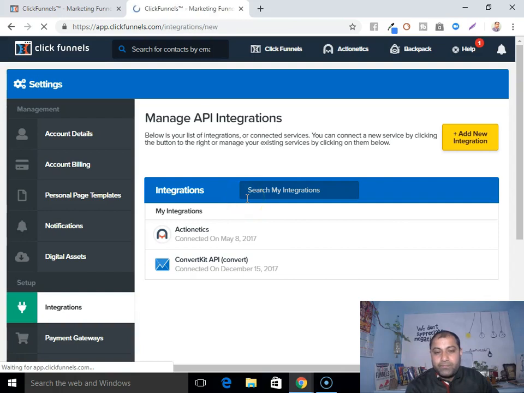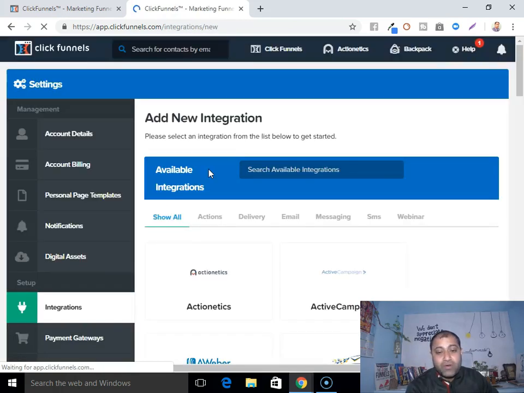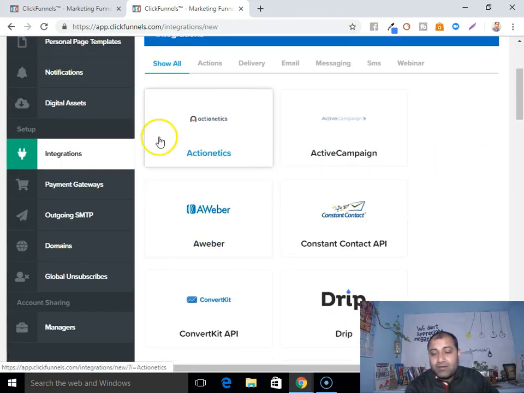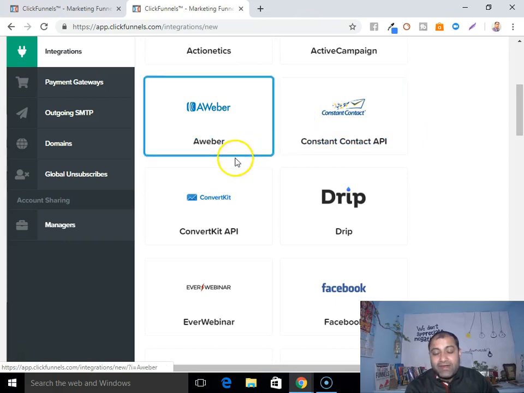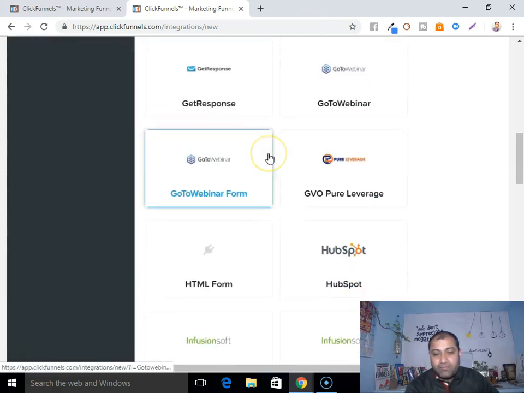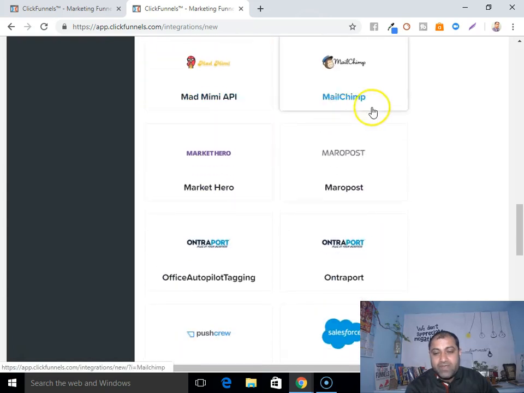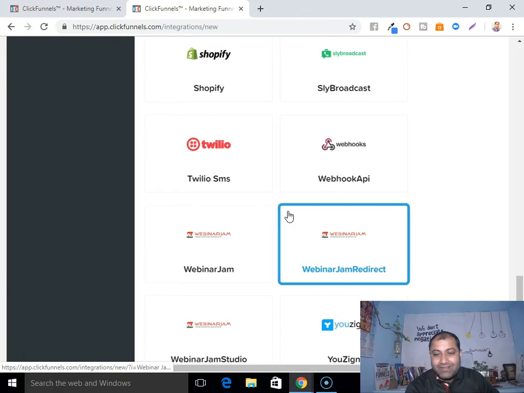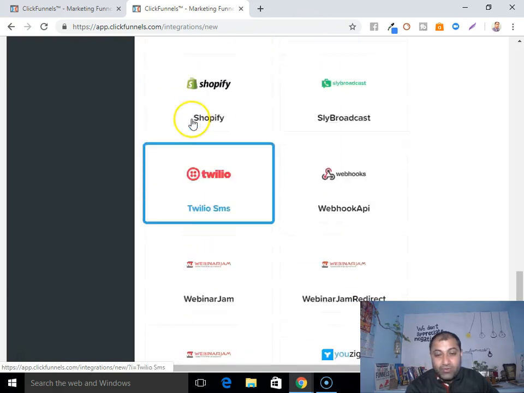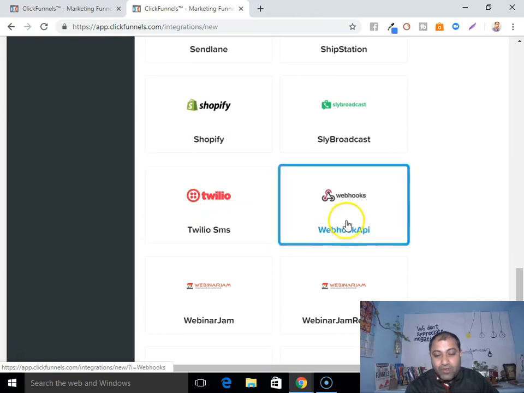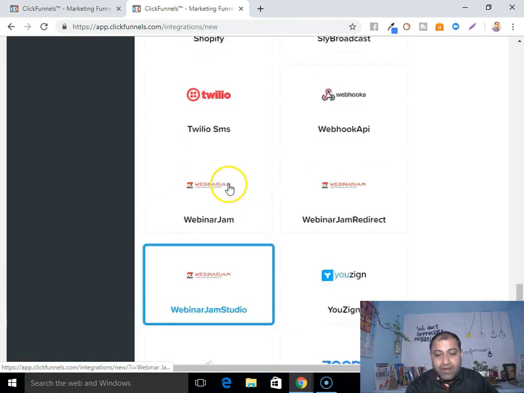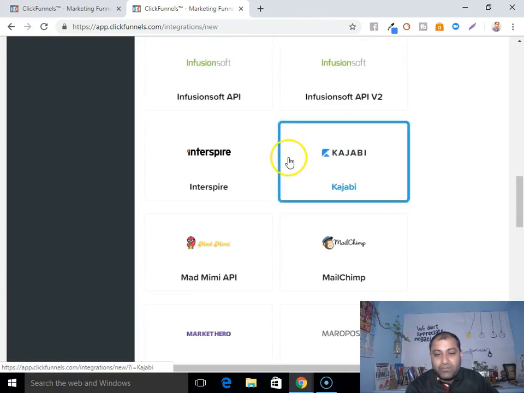If you are using a third-party autoresponder or any tool, then guys, you can see these are the tools and software that you can integrate with ClickFunnels, right? MailChimp, Market Hero, Marpost, OnTraPost, Salesforce, ShipStation, Slide Broadcast, Shopify. If you are into e-commerce, then you can use Twilio, Webhook, Webinar Jam, Zoom, Zen Direct, Webinar Jam Studio, right, guys? MailChimp, right? So Kajabi,